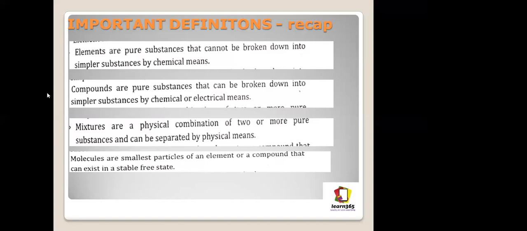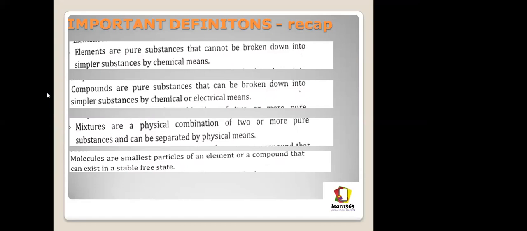or a compound. Now, there are three different sections in this whole definition. If you see, first, it is a particle that makes up an element, and it can exist in stable free state, okay? Which means it can independently exist. But there's one more very basic component which cannot exist in free state. Can someone tell me what it is? It is the very smallest part of an element. But it cannot have independent existence. What could it be?